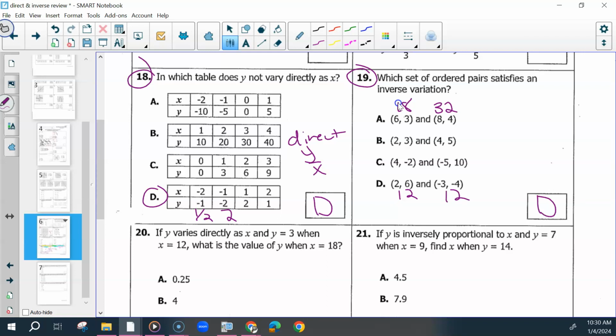24 on the back. Feel like you did this one too, but